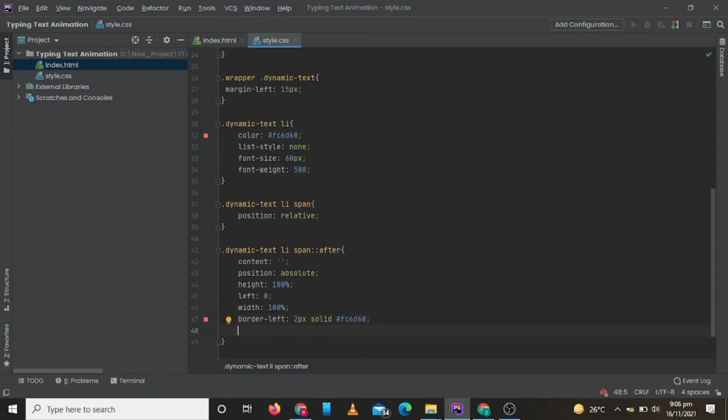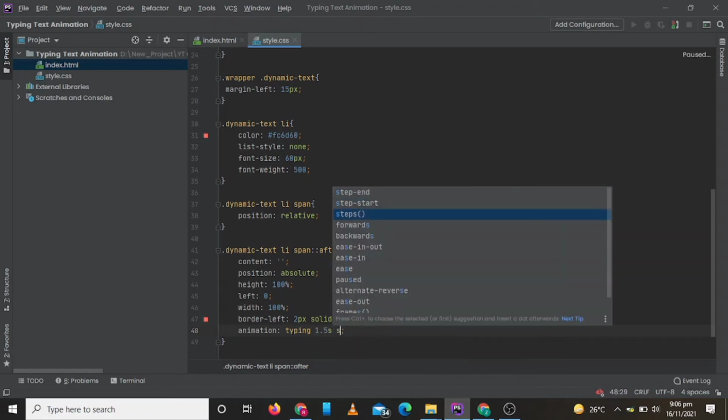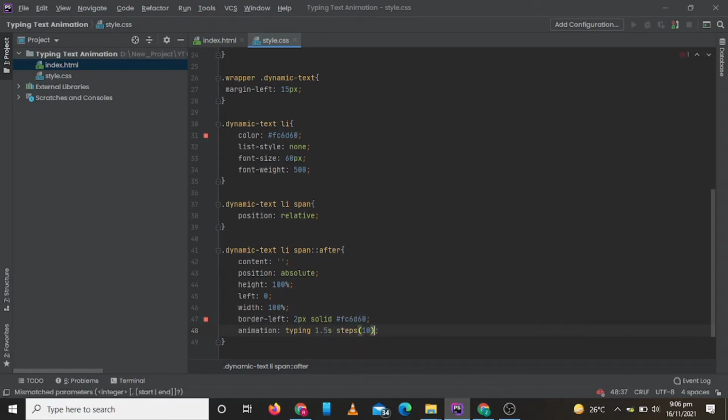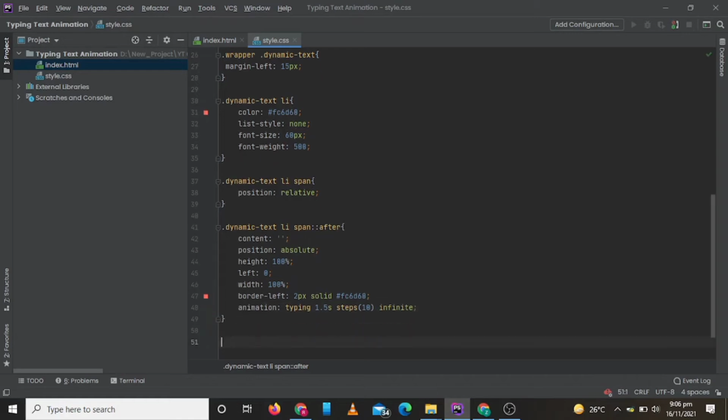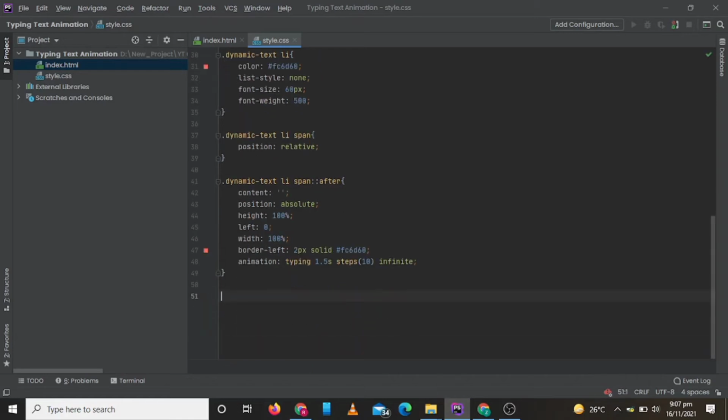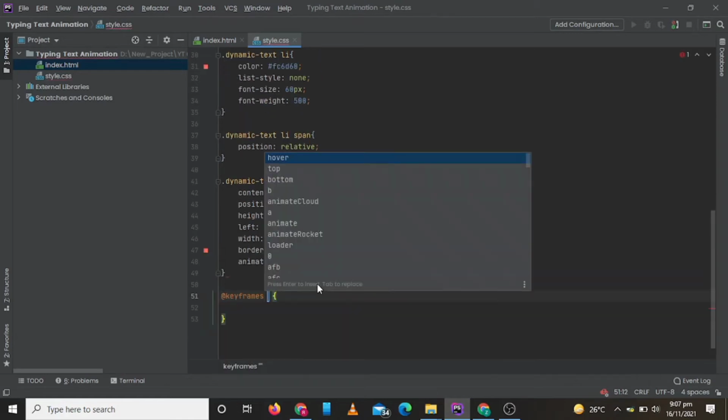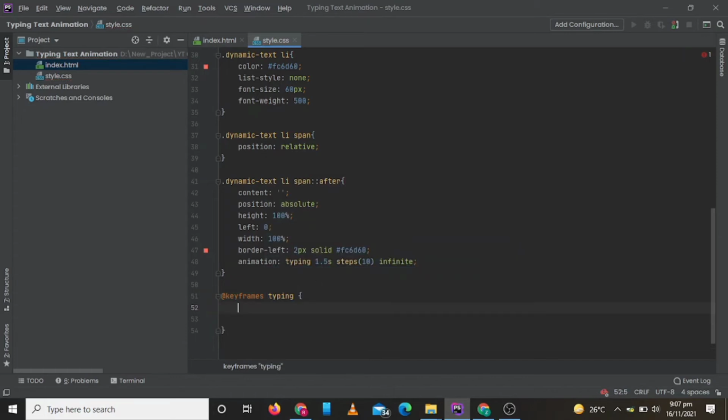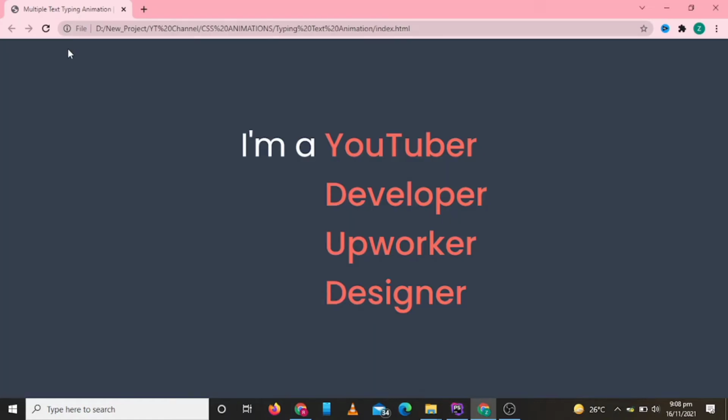Now let's set our typing animation and its keyframes. Now let's check how it is looking.